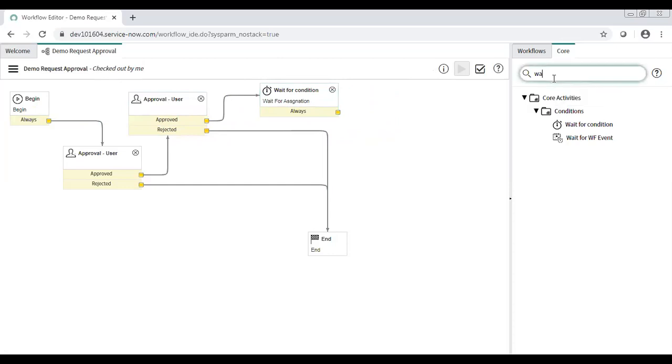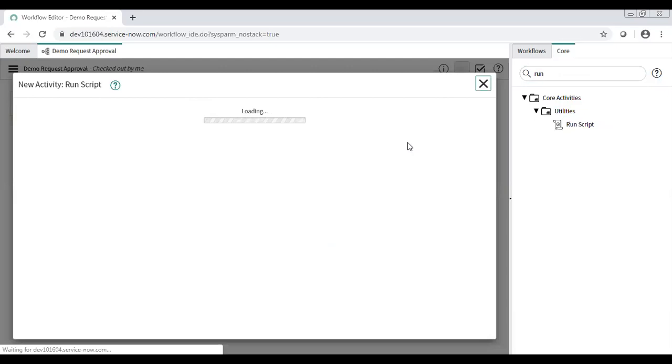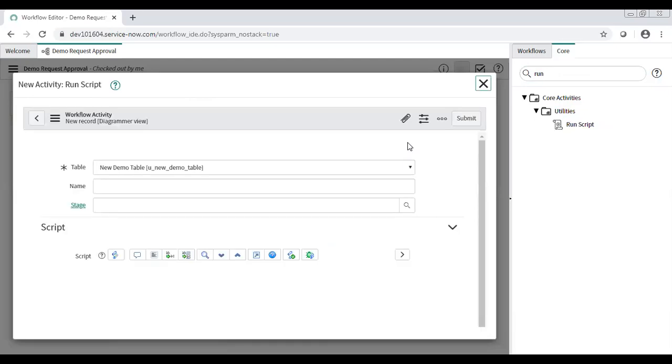Once someone selects, I need to update that asset, right? I need to update that asset with the assigned to user being the requested for of the request. So I need to update another record. To update, I need to use glide record, and to use glide record, I need to run a script.